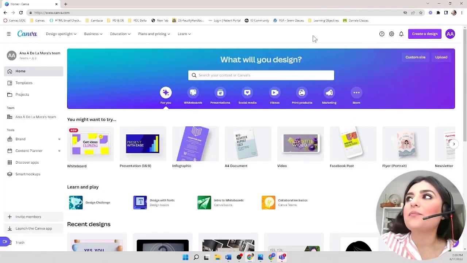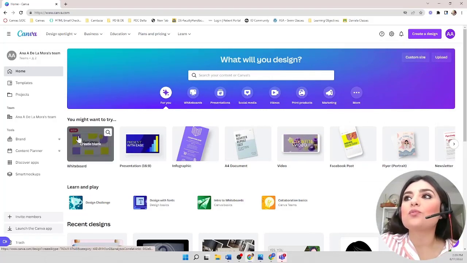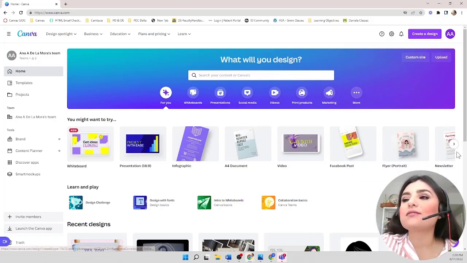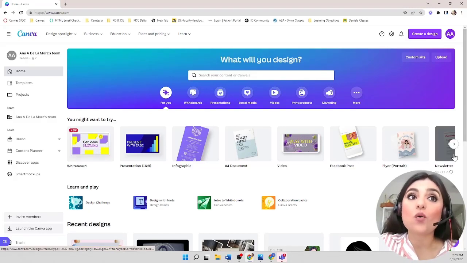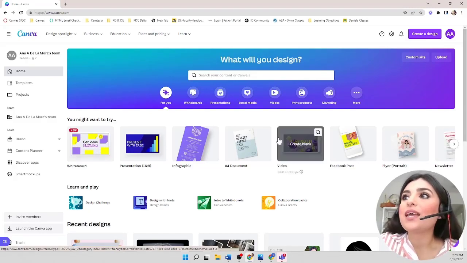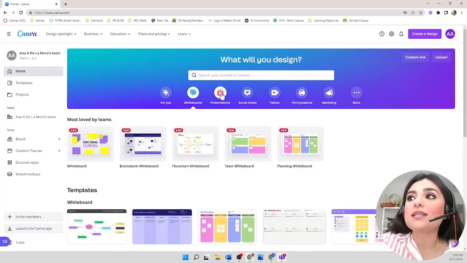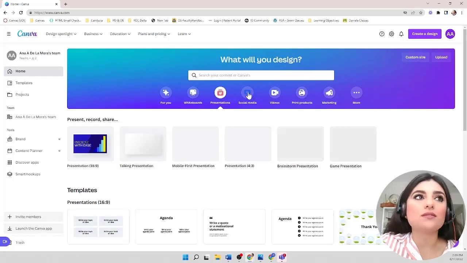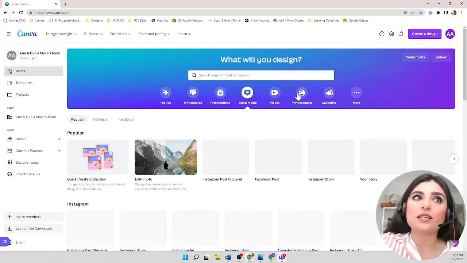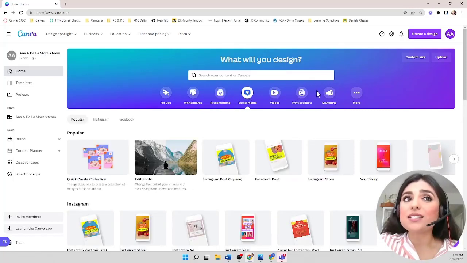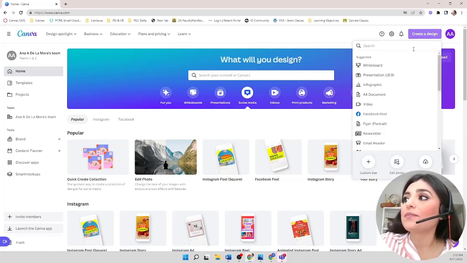In the center of the page, we have "What will you design?" Here you have access to pre-selected templates set up for you based on what you currently design. And then we have a couple of whiteboards and presentations. If I click through, the templates that I see are going to keep changing based on the tool that I would like to create. For today's session, we're going to go to Create a Design